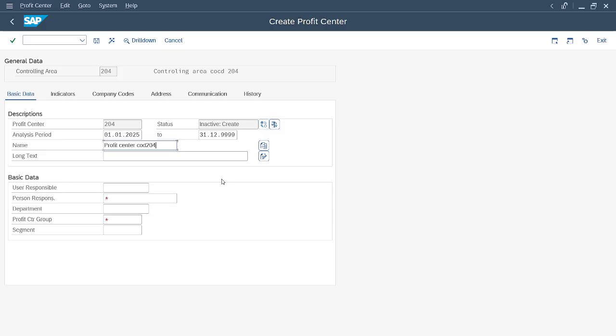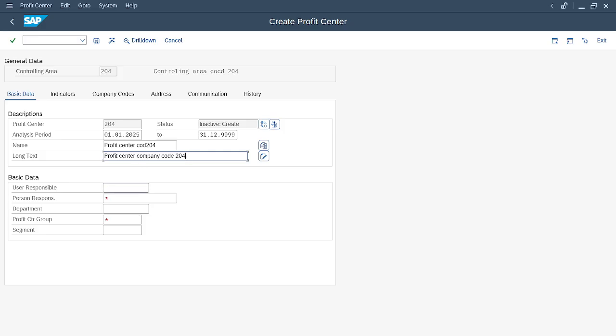Here it is the maximum limit of 20 words, so I have to change a little bit. But in the long text, it will give all the details like profit center for company code. So same like the GL account, long text and short text.